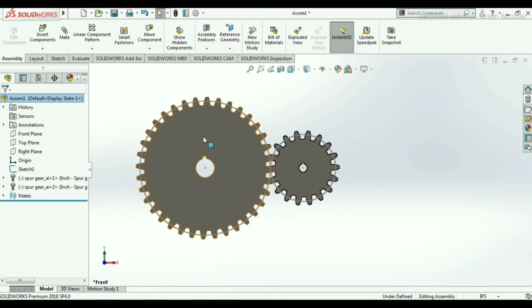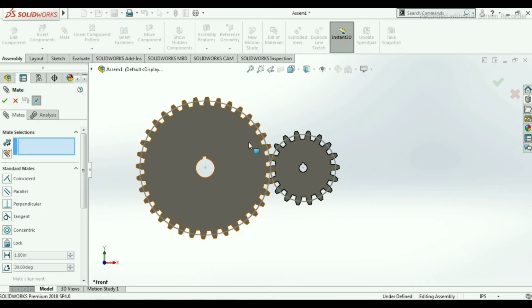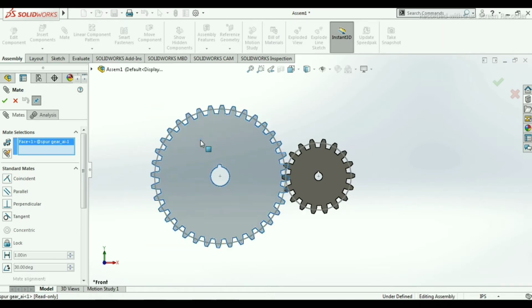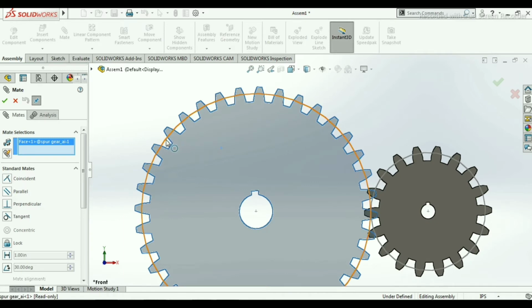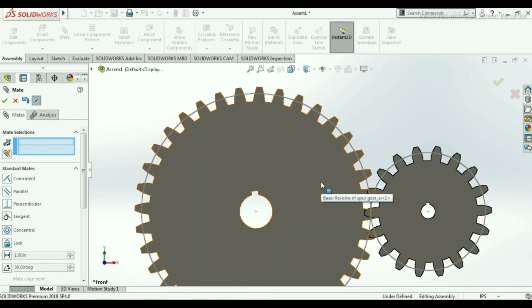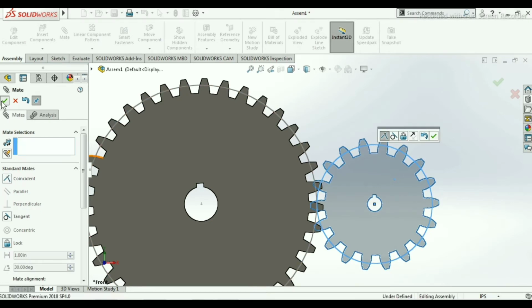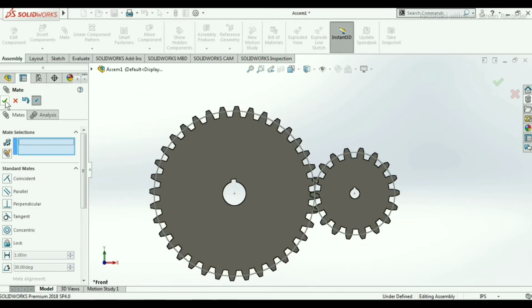Now we will give the coincident relations. So click on this mate, and in mate selection again we will select this spur gear, and then we will select this outer circular sketch, and this should be coincident, and click on OK. And same we will keep for this also. Click on this and then select this, both should be coincident, and click on OK.